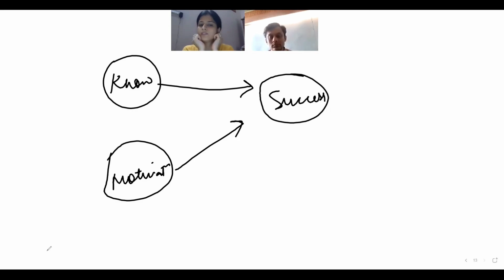Whether we work in Smart PLS also, we manually have to draw the model, because we draw the model on the basis of our hypothesis. They will not draw it. So we draw on the basis of our hypothesis. This is a causal model. When we talk about mediation effect, what does it mean? First motivation goes to knowledge and knowledge goes to success. So there is one hypothesis,